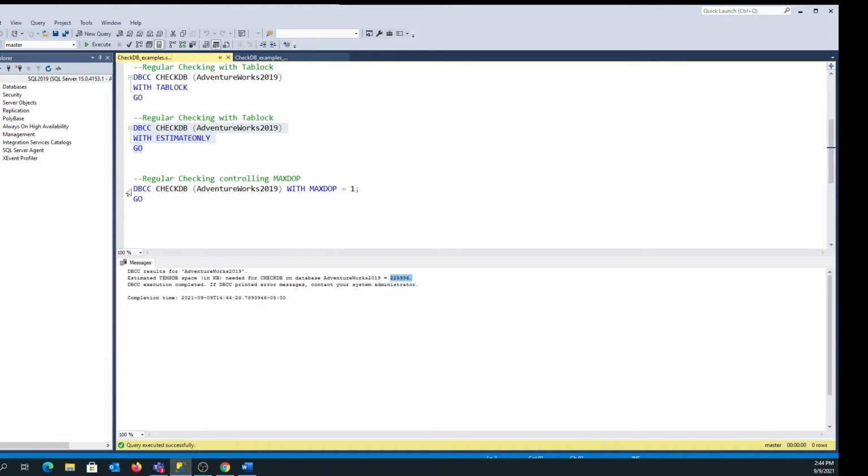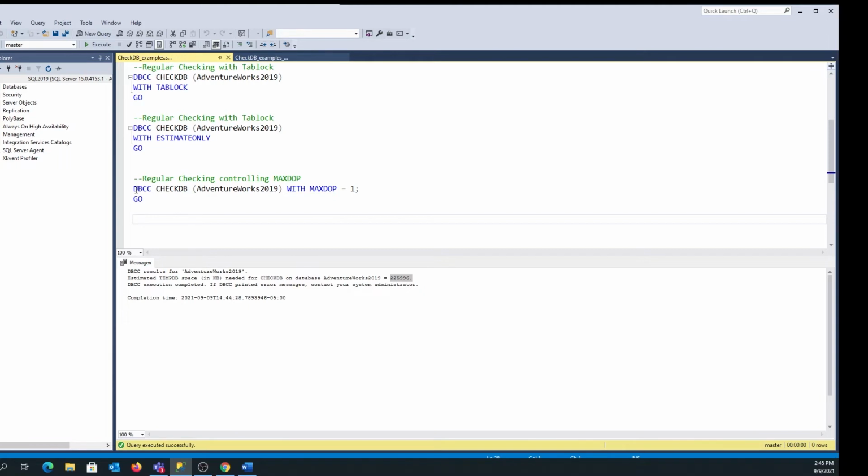One other option we have is with MaxStop. Now, whenever DBCC CheckDB runs, it tries to use as many processors as it needs to run in parallel. It wants to run multiple threads in order to try to execute as quickly as possible. So there may be limitations as to the number of processors we would want to allow to be run in this process.